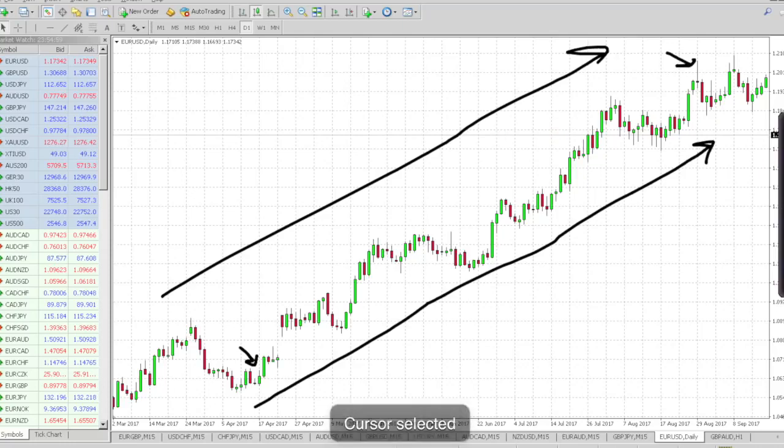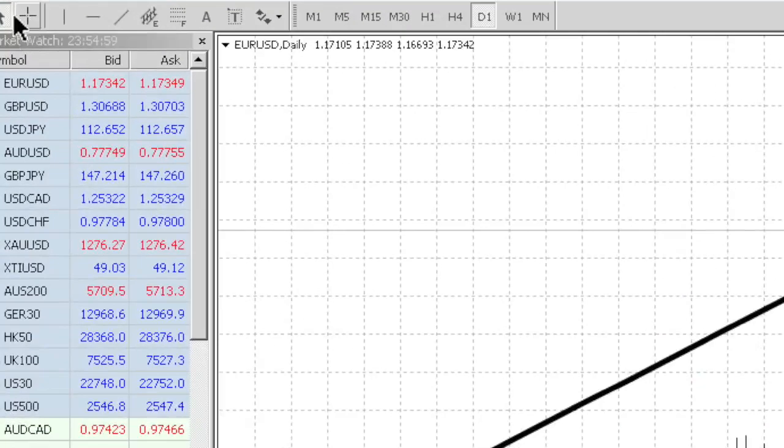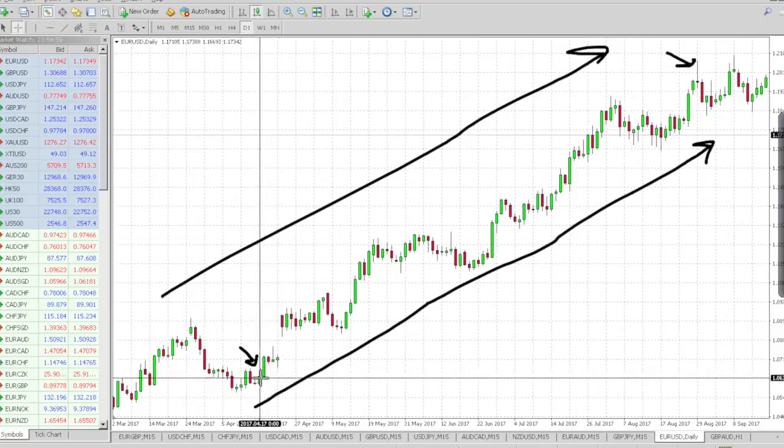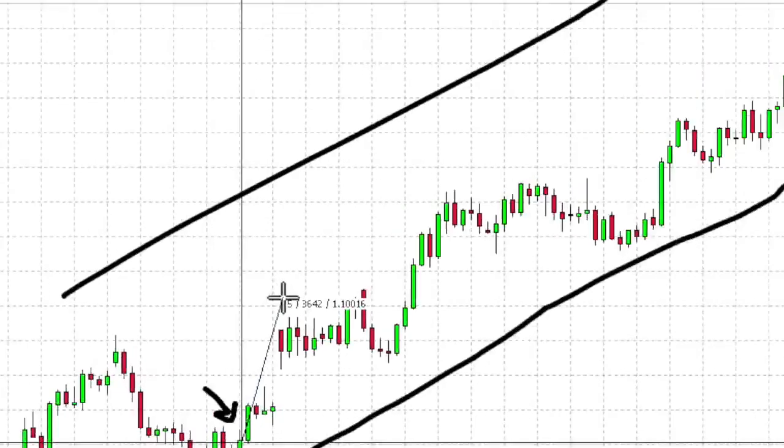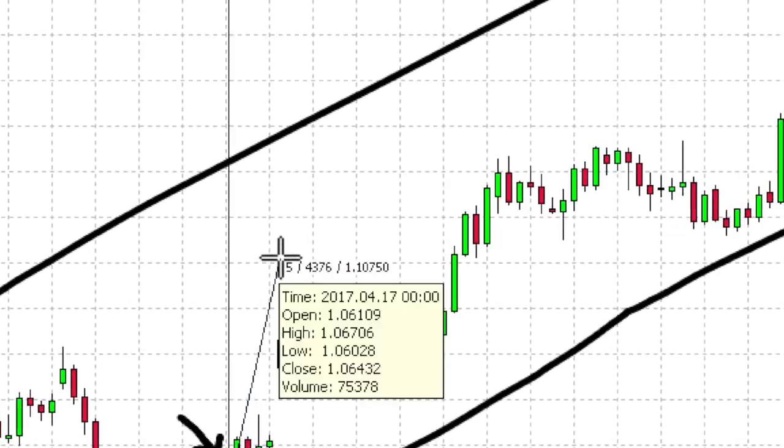And how many pips is that? Well, let's take a look. If you click on this crosshair, okay, and you click on this and you drag. Now, do you notice you can see these numbers? Can you see this 4376? Can you see that? If you drag, 4638, 513, can you see that? Okay, so those are the number of pips.